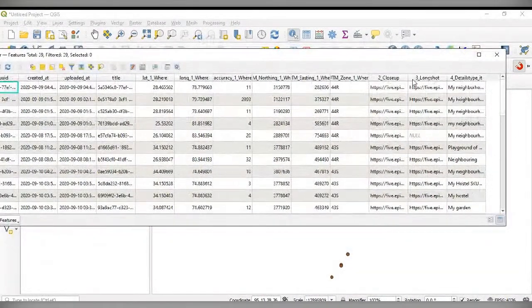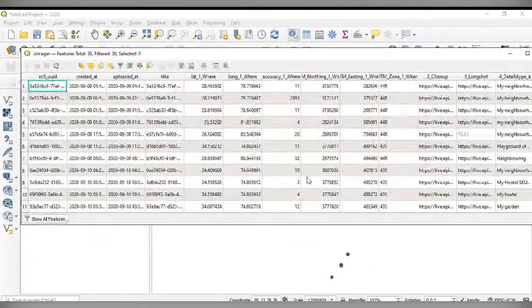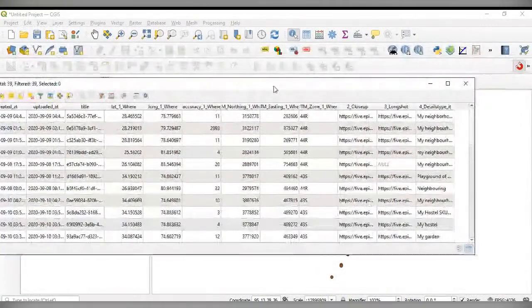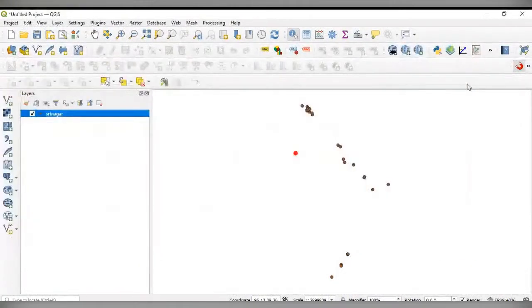This is your photograph link, hyperlink to the server. And here you can add some more extra columns if you want. So you have to make it editable, and you can add some more data. If you want to add some more data, you can add extra columns also, and you can label it also.